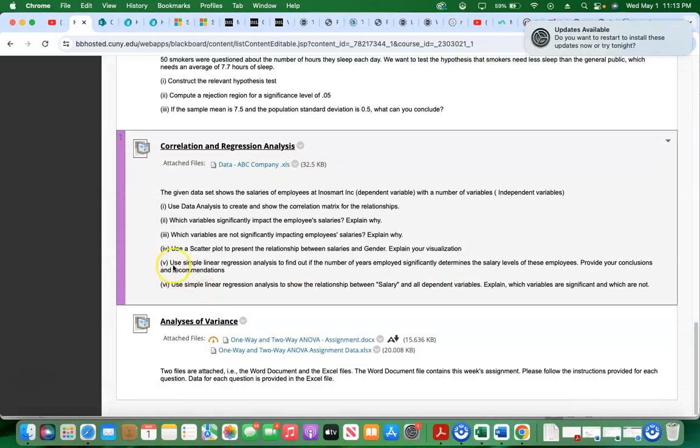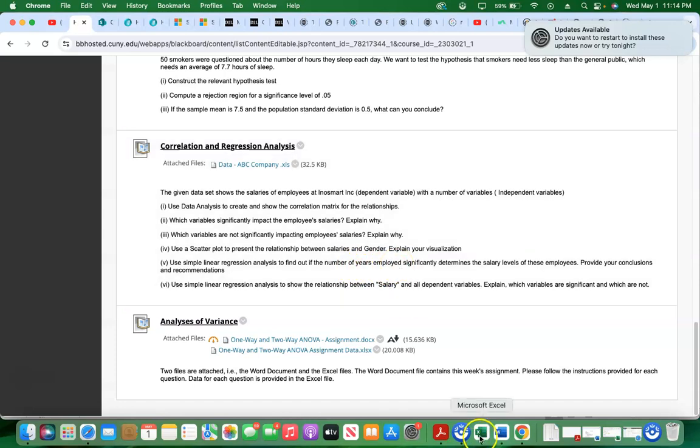So we're going to start with question number 5, which says use simple linear regression analysis to find out if the number of years employed significantly determines the salary levels of these employees, and we need to provide conclusions and recommendations. So this is simple linear regression because it uses two variables, which are years employed and salary. So if you can go back to Excel,